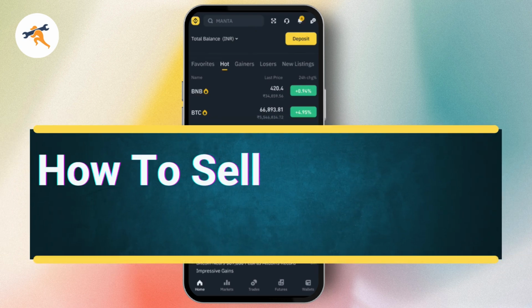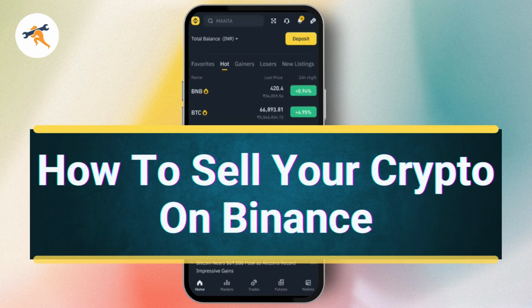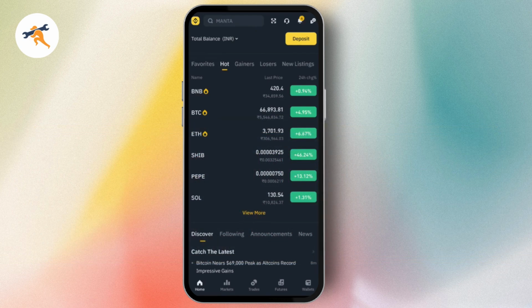How to sell your crypto on Binance. So if you want to sell your crypto on Binance, then first you just need to simply launch your Binance mobile application, and then you have to simply log into your account. Now once you've successfully logged in, the first thing you have to do is simply tap on this wallet option,